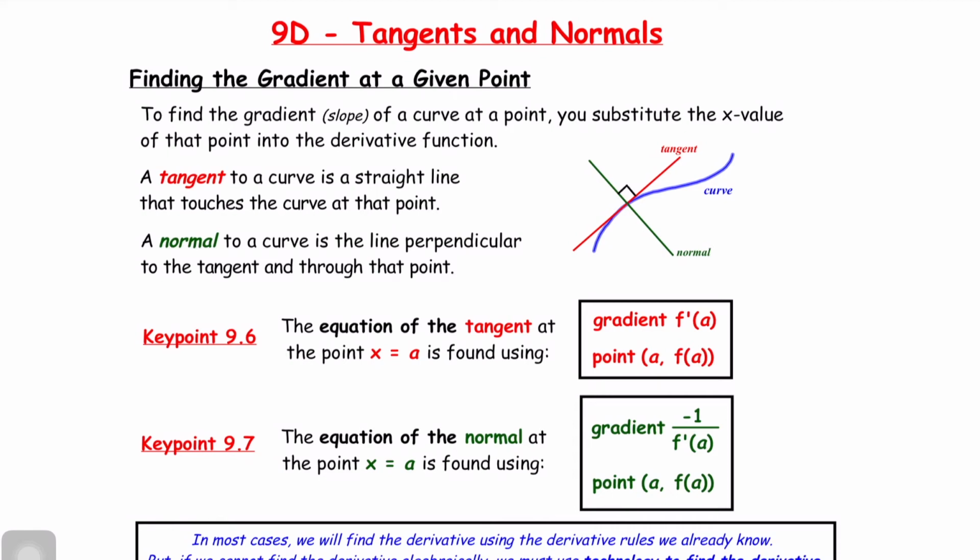Lesson 9D, Tangents and Normals. Finding the gradient at a given point. So in the past few lessons, we learned about how we can figure out the gradient of a curve by making use of drawing tangents at certain points on a curve. And also, we learned a shortcut to find first derivative expressions and also evaluate first derivatives by subbing in the